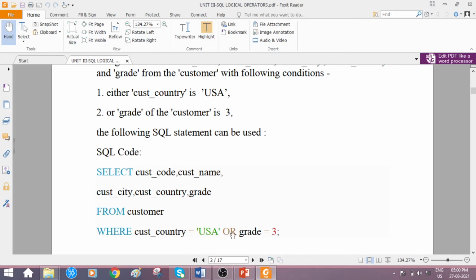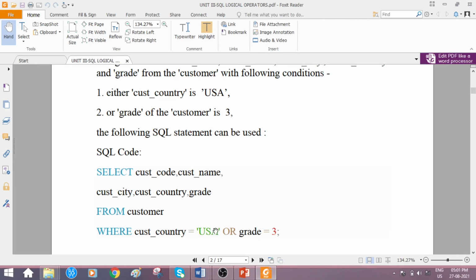So we are using the logical OR, and the other attribute condition is for the attribute grade, and the value should be equal to 3. 3 is a numeric data type, so we have mentioned 3 without single quotes. And just check out here students, as we are using logical OR, it is not required that both the conditions should be returning a true value.